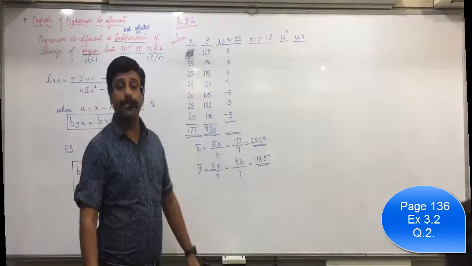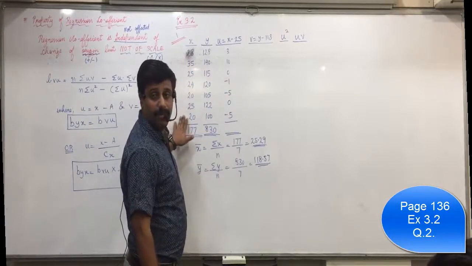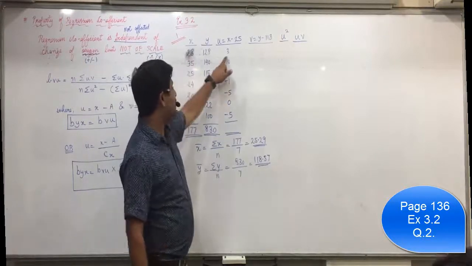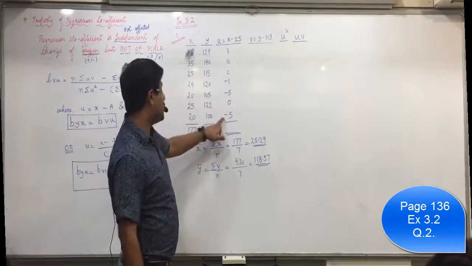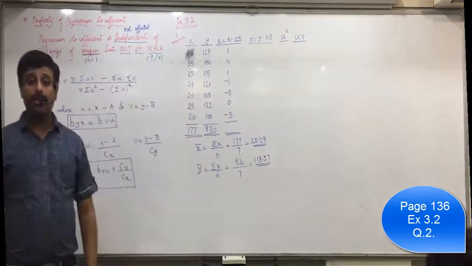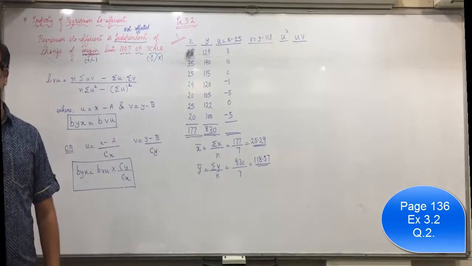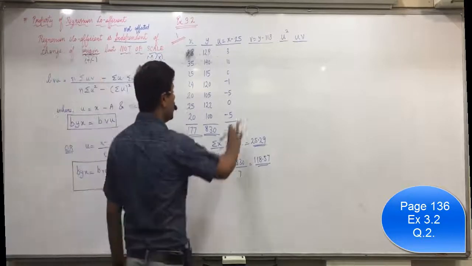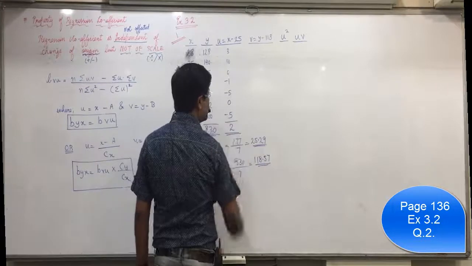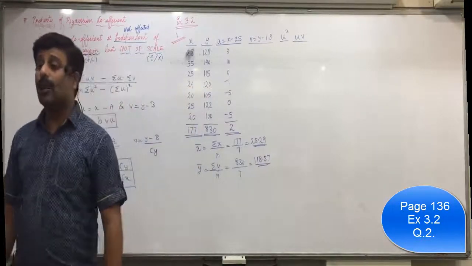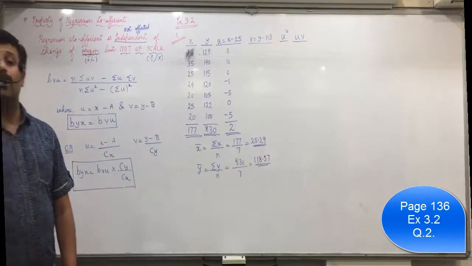Yes, be attentive everyone. X minus 25 means from all the values we have to minus 25. So 28 minus 25 is 3, 35 minus 25 is 10, and so on up till 20 minus 25 is minus 5. Will the total come 0? No. It will come 0 only if it is x minus x bar. Here it will not come 0. You can see positive is 11, 13 and negative is 11, so 2. Raise your hand who did not understand this. All are clear? Then